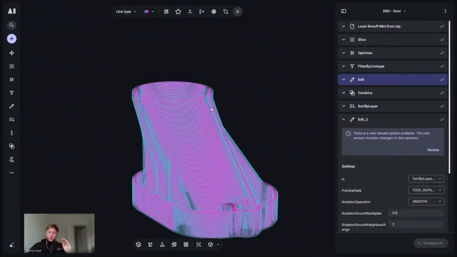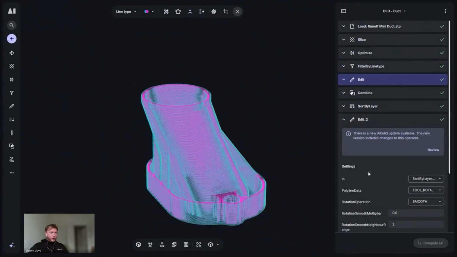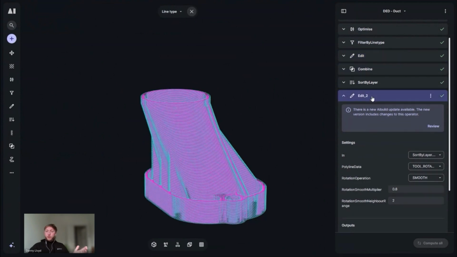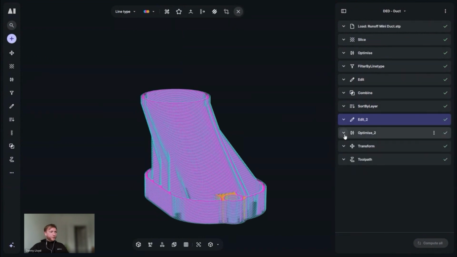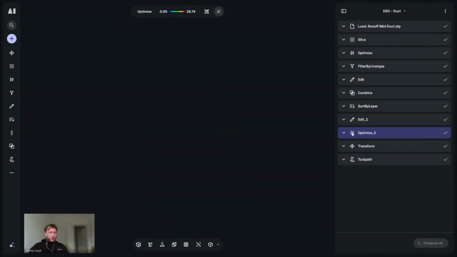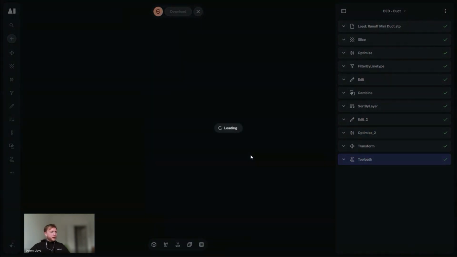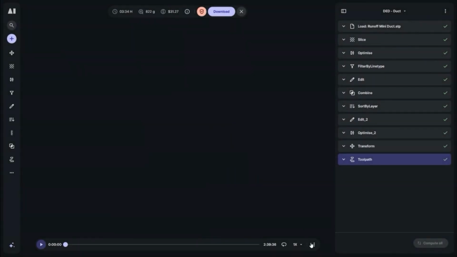Because we've got lots of changes in tool rotations, depending on the geometry, we can also smooth our tool rotation so it's not going to jump. So we can smooth them out, which is wonderful. Do a final optimization for any remaining overhang, changing our speeds in those areas maybe. And then finally, we can jump to our toolpath